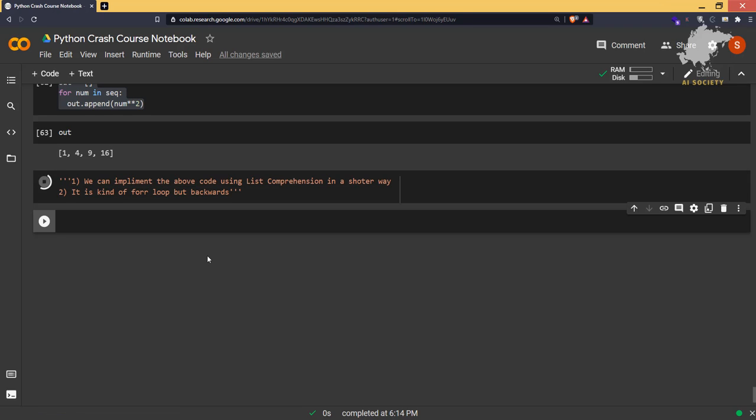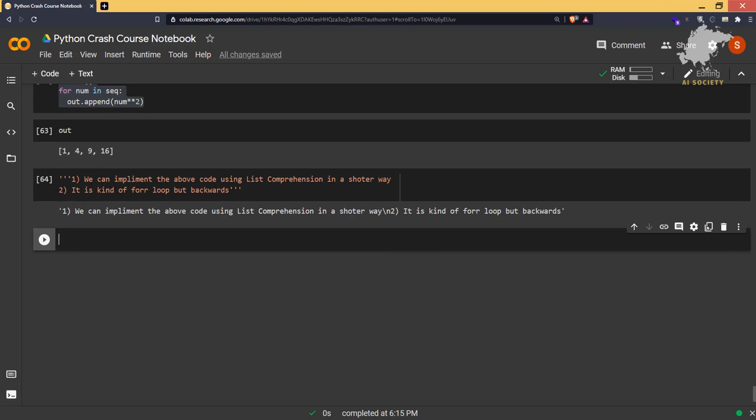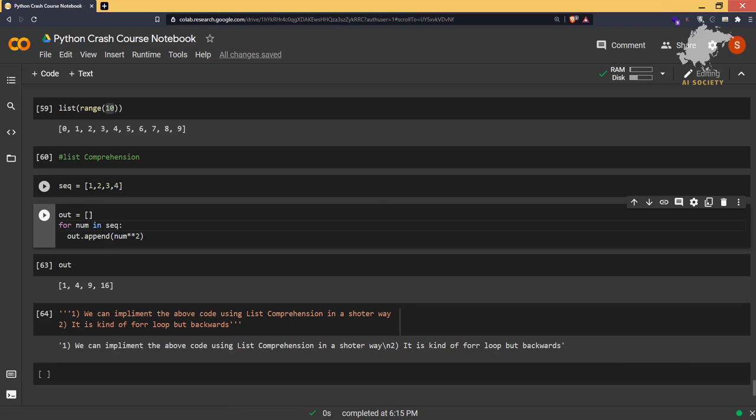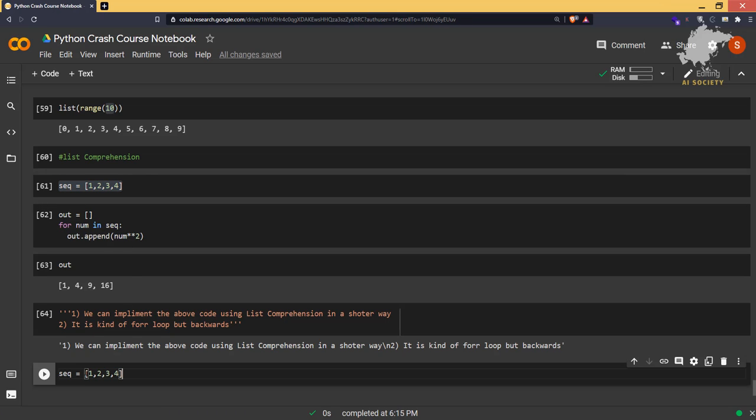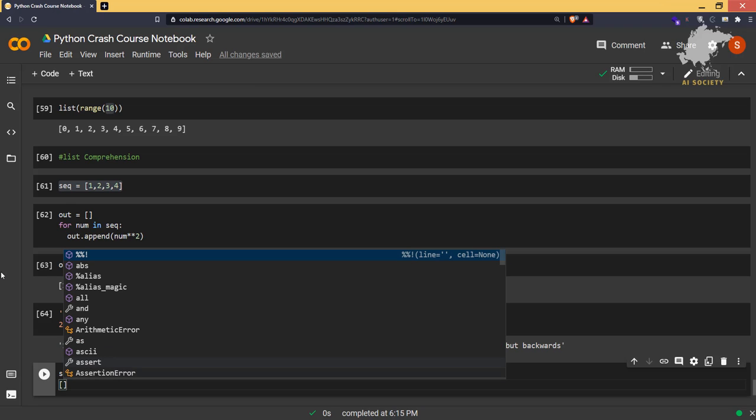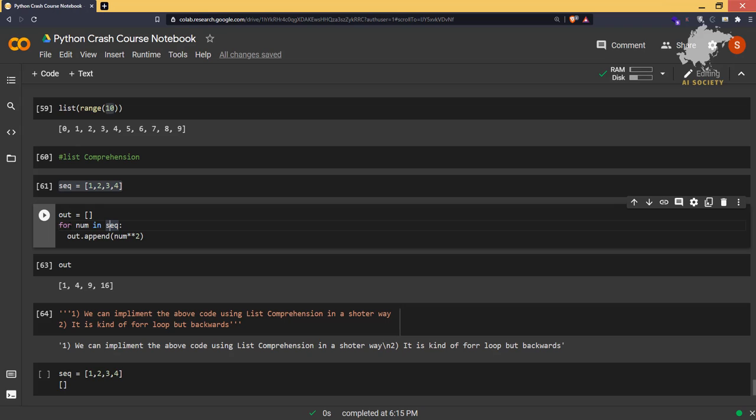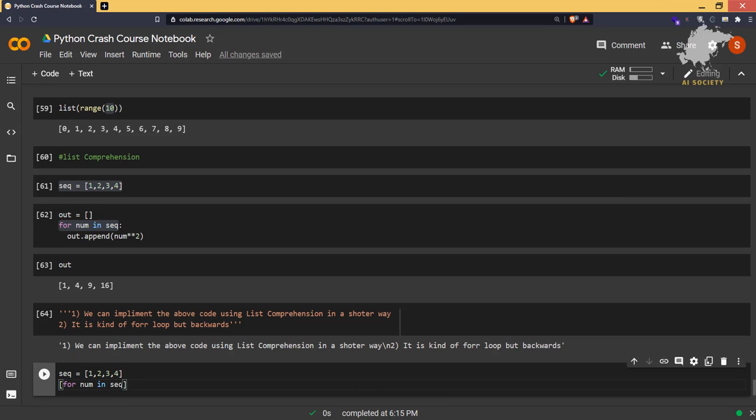Let me tell you what I mean by that. Basically, let's take this sequence and put this inside a cell to understand it quickly. To implement the list comprehension, we'll open square braces, and whatever loop you want to run, just put that loop inside the square braces.